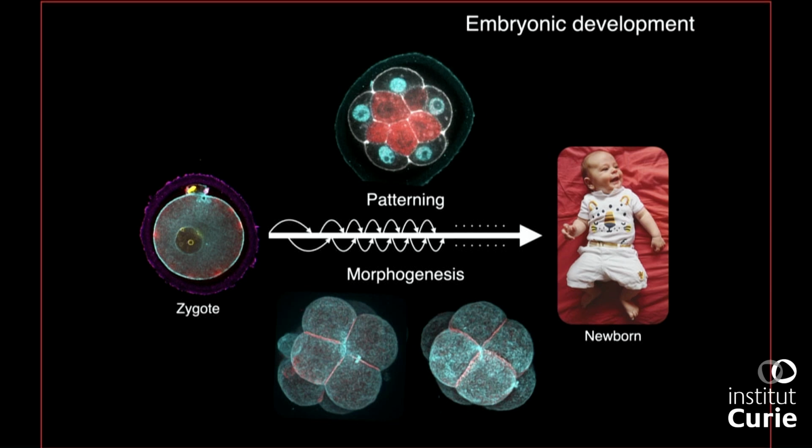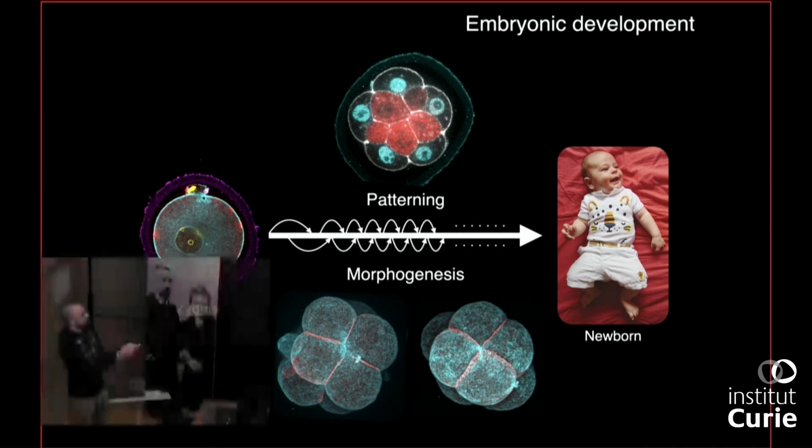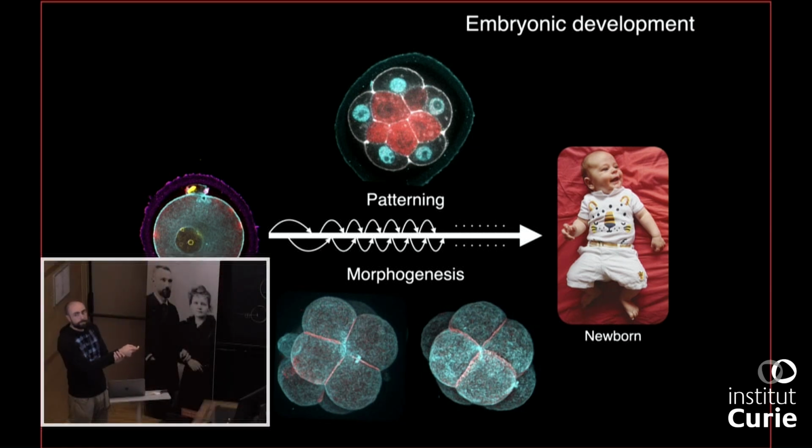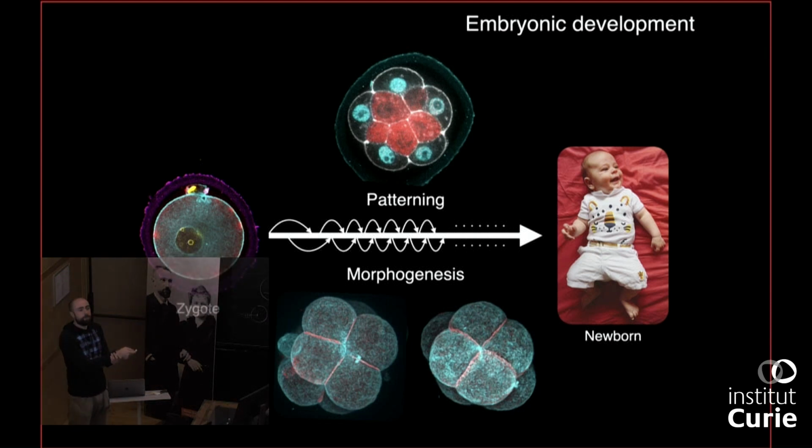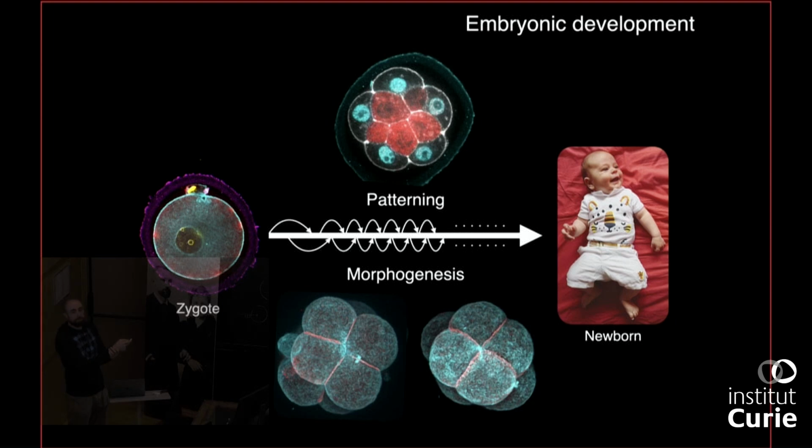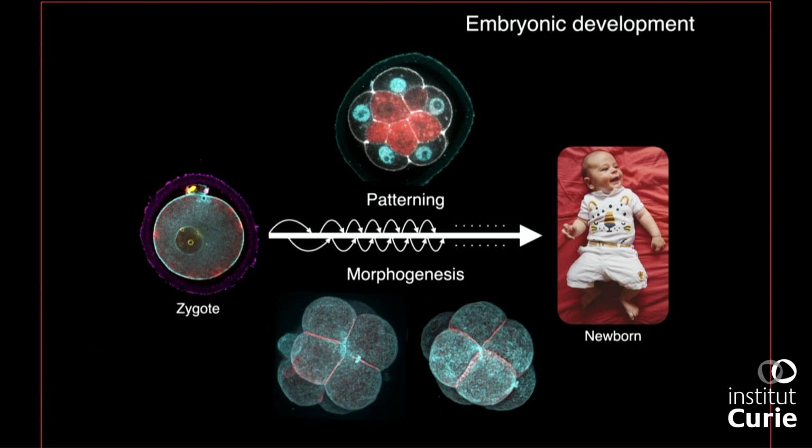The behavior may include changes in shape, and that's morphogenesis. For example, here the embryo is becoming more compact, which is changing the shape, which often gives new interfaces. Those new interfaces give new positional information, which induces new patterning, which then causes a new behavior, and so on and so forth. Through those cycles of patterning and morphogenesis, you achieve the complexity that you can find in a newborn, for example. And if you've understood this, that's it. That's embryonic development. That's all that matters.